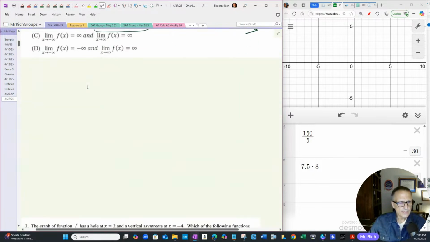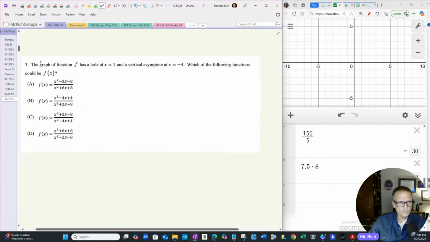All right, next question. The graph of the function f has a hole at x equals 2 and a vertical asymptote at x equals -4. Which of the following functions could be f of x? Well, before I even look at my answers, I know what's going to happen for me to have a hole at x equals 2. There is going to have to be an x minus 2